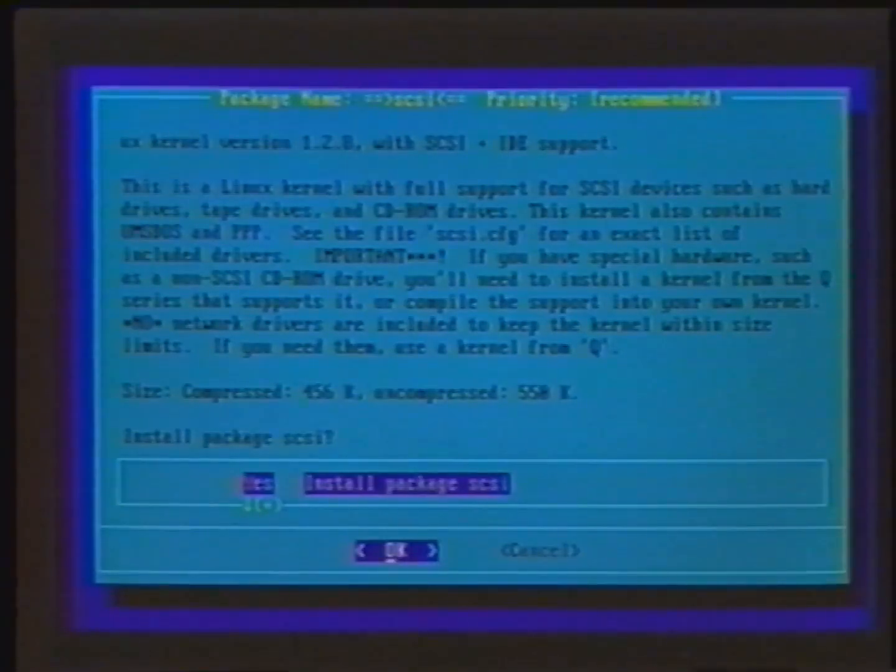Wants to know if we want to do IDE support with SCSI here. We don't need this one right here because we don't have SCSI on ours, so I'll answer this no, do not install. One of the hardest things about the Slackware distribution is sitting on your hands, because at times after